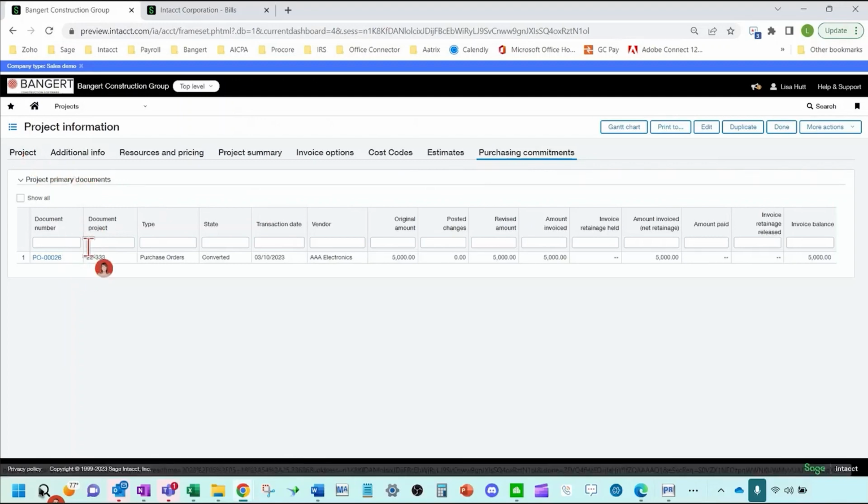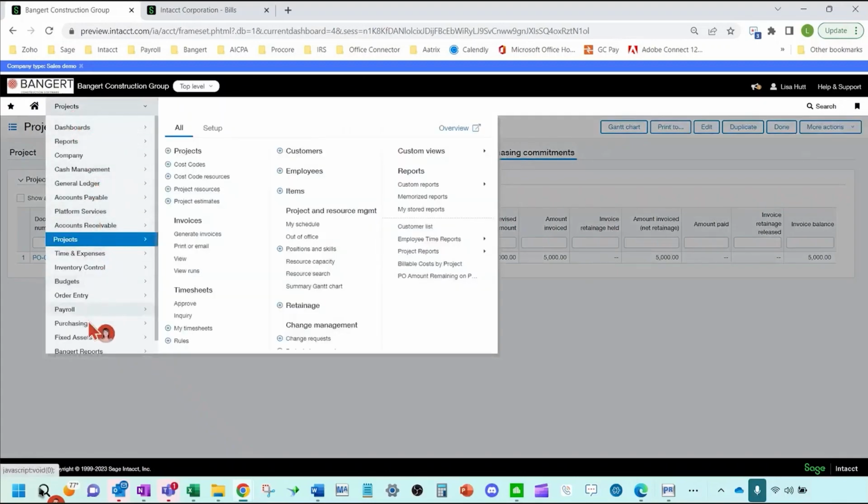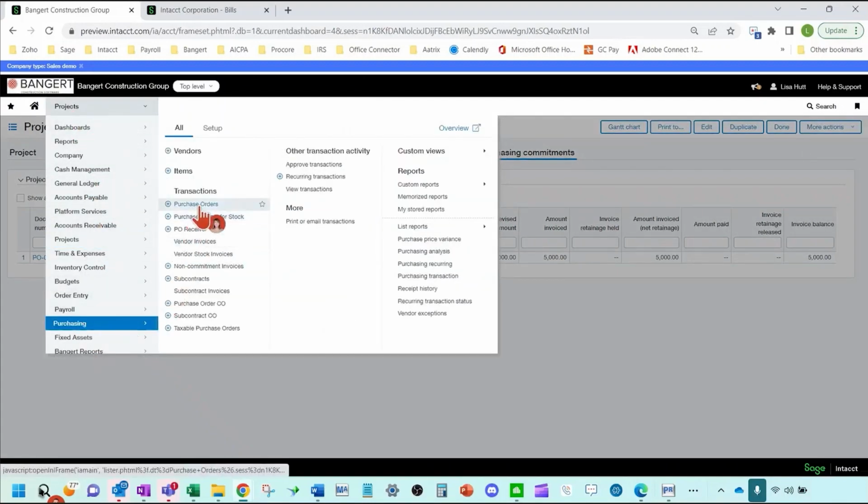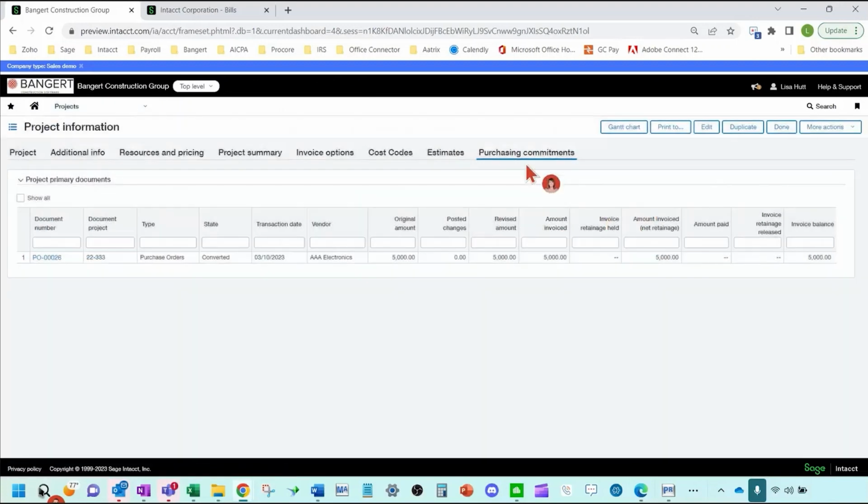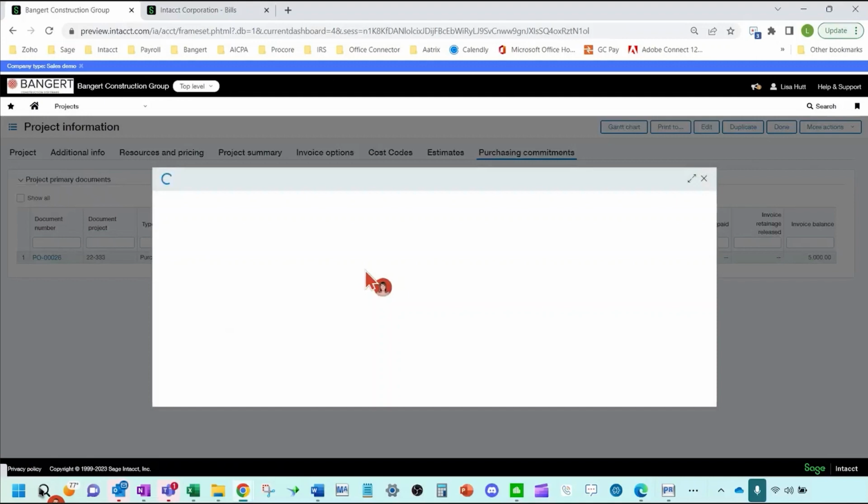Intacct got some feedback, trying to get a little bit more detail when you're looking at your project instead of having to navigate down to purchasing and find them in here and in here. So you can drill down right here. Anything blue in Intacct is drillable.